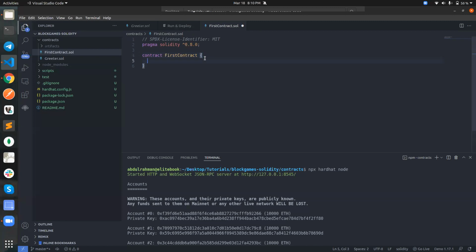So we don't want an empty smart contract. We want a smart contract that will be able to do something. So for that, what we are going to be doing is creating a variable. So basically, a variable is a